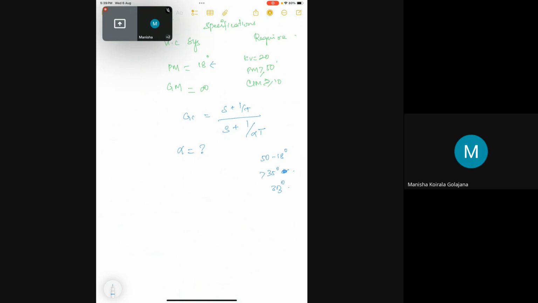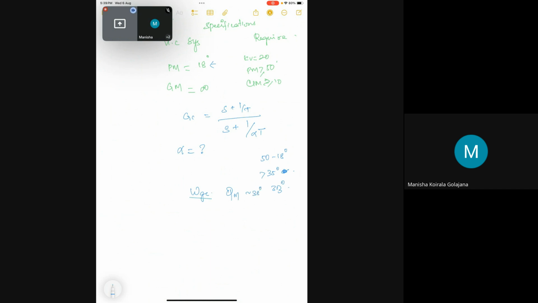If you want to offset this increased phase lag due to the increase in the gain crossover frequency, we have to be careful while designing the alpha value. Considering the shift of this gain crossover frequency, omega GC, we may assume that the maximum phase lead required is approximately